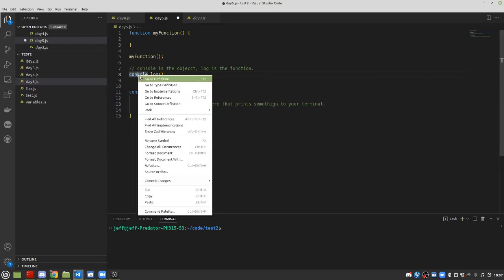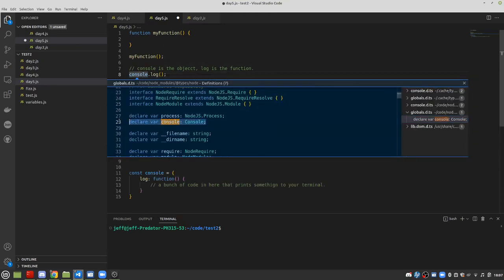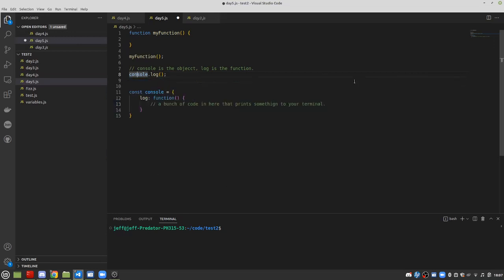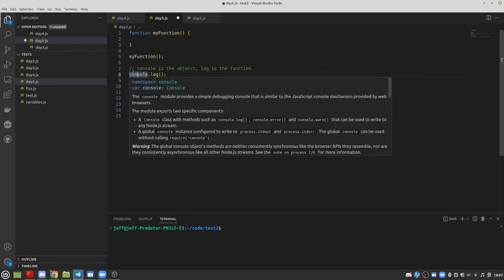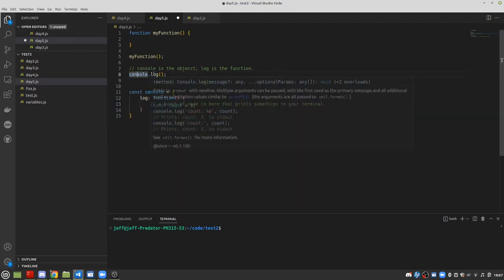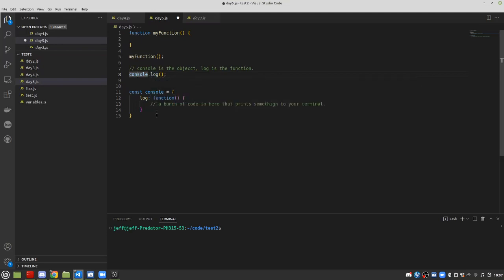If I right-click the console, I can see they declare a console variable. So we're just using a built-in object that has a built-in function. And it looks like this when you define it. We don't want to overwrite console, so I'll comment that out because we already have a console. But